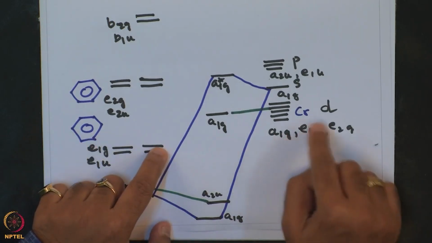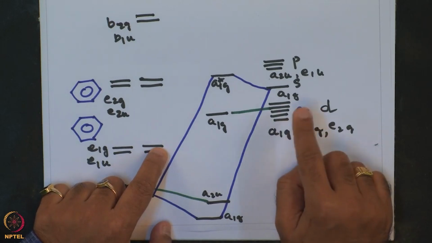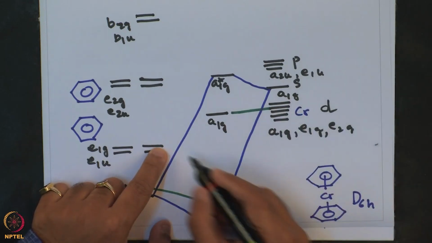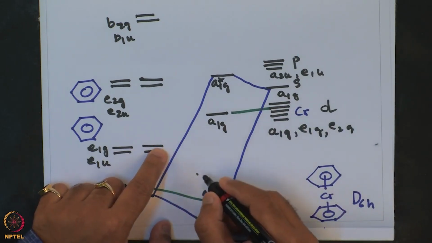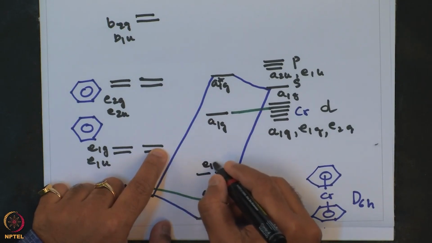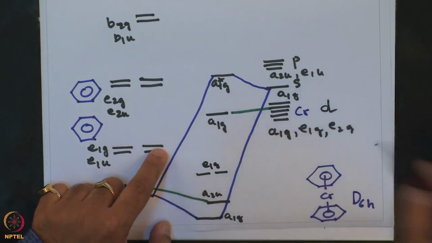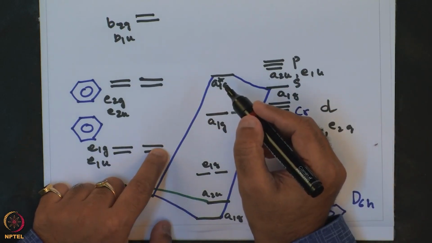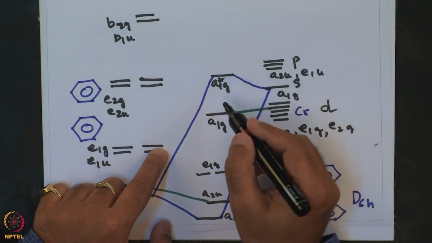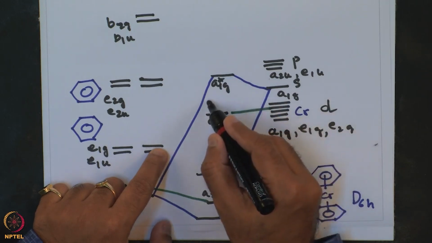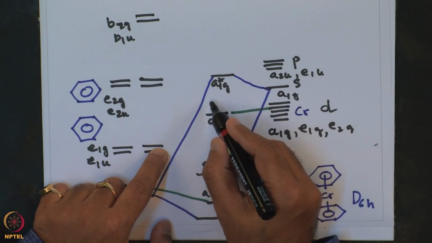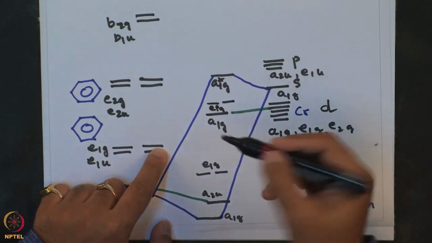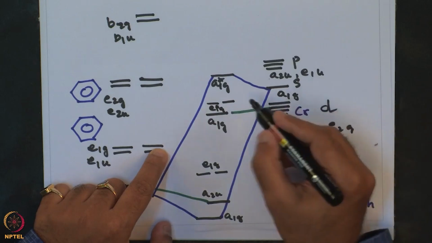E1g interacts with E1g of d orbitals, and then correspondingly it is E1g star somewhere over here, and that is